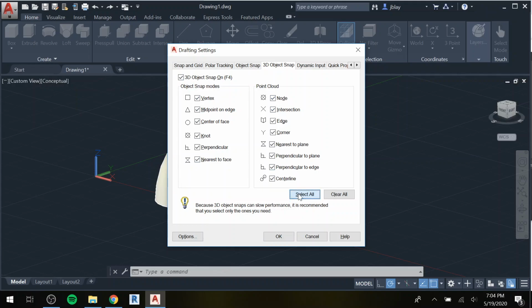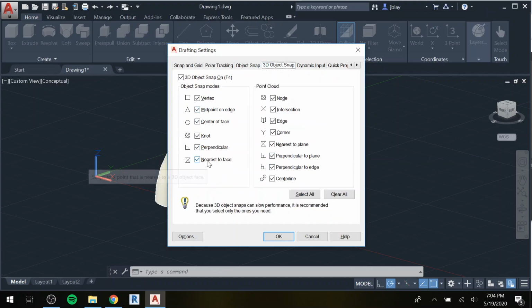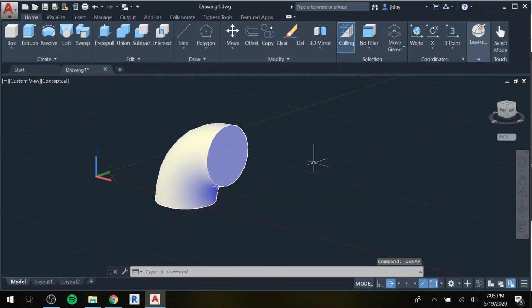Let's click select all. And just like with our object snap settings where we don't have nearest selected, I want you to not have nearest to face or nearest to plane selected, because those tend to detect things that we don't necessarily want to detect because they detect way too many points. We really want these key points, these vertexes, these midpoints, these centers. Once you have yours set up the way that I have mine, hit OK, and then you should be able to snap to the centers of faces